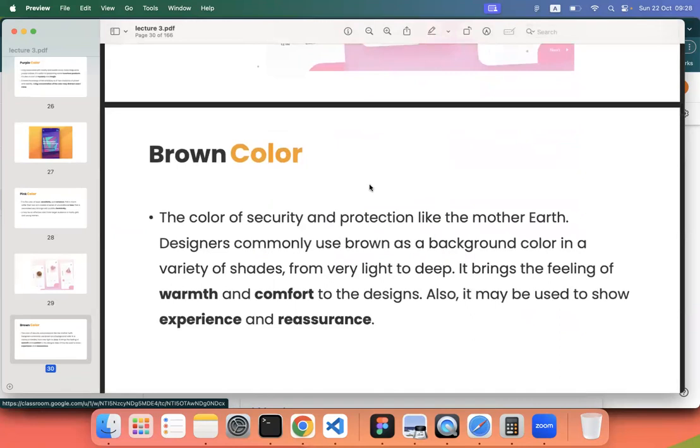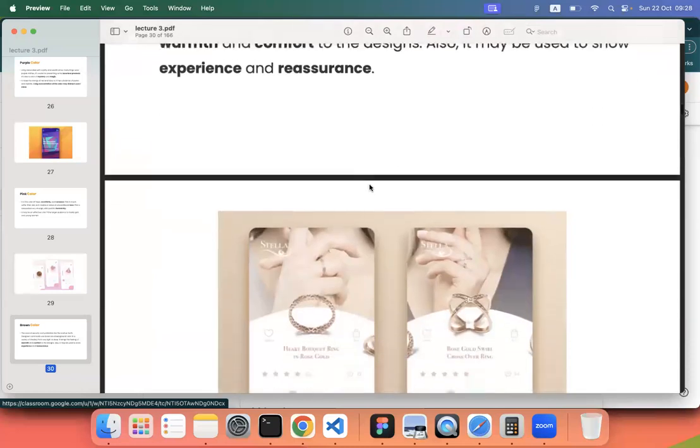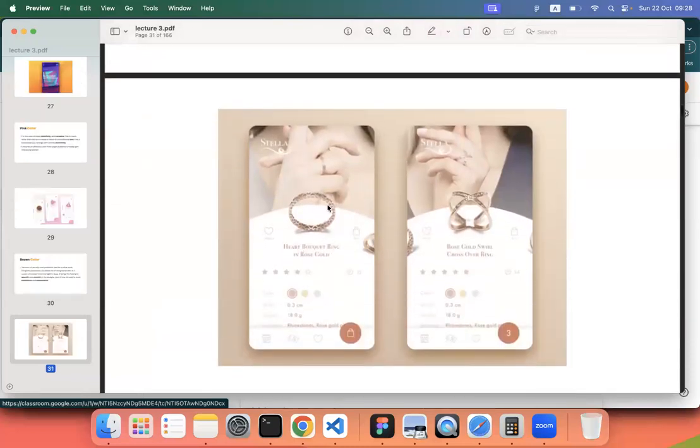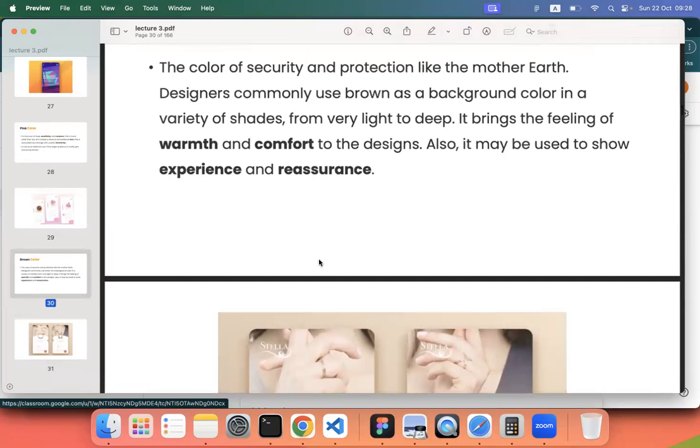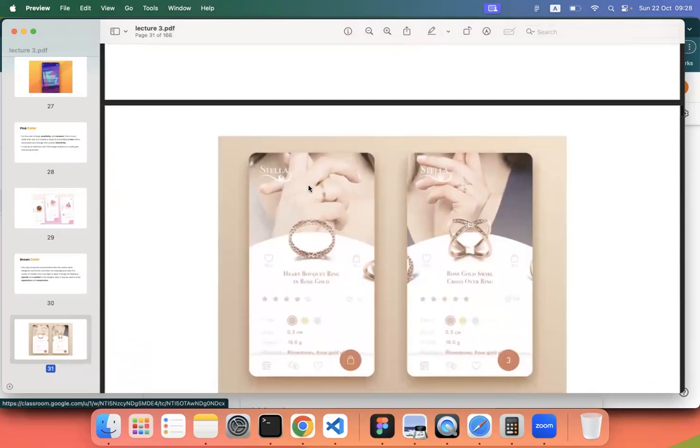And when we talk about brown, it is the color of security and protection, like Mother Earth. Designers commonly use brown as a background color in a variety of shades, from very light to deep. It brings the feeling of warmth and comfort. Also, it may be used to show experience and reassurance. Here, in luxury brands, especially gold sellers, they are using gold color or brown shades to represent their products. So it gives the users warmth and comfort and experience as well as reassurance through the user